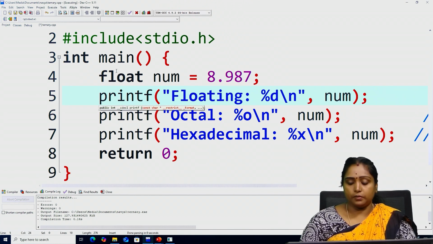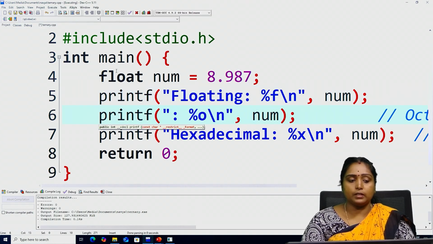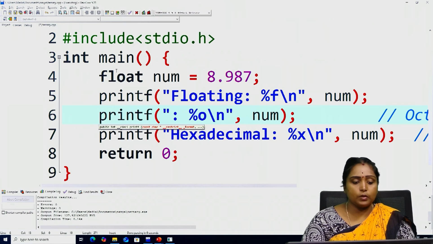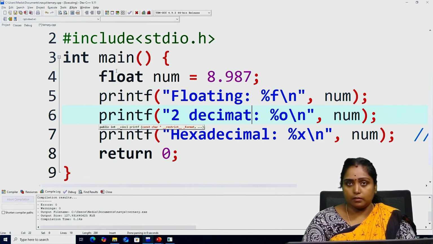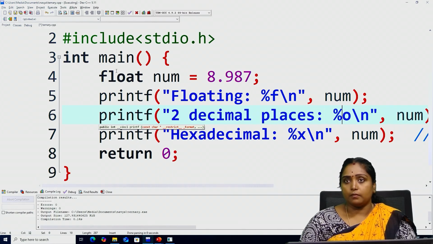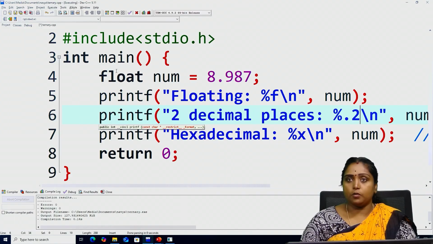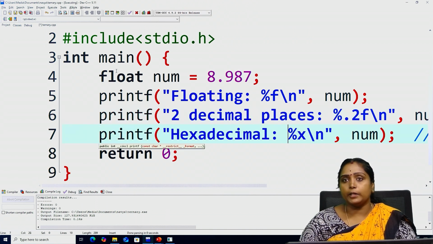For a floating number we go with %f, and then for 2 decimal places, if after the dot I want to display only 2 numbers, then I can use .2f. And coming to the scientific,